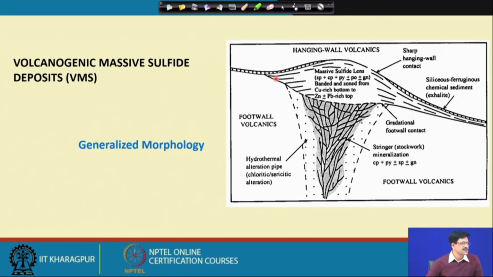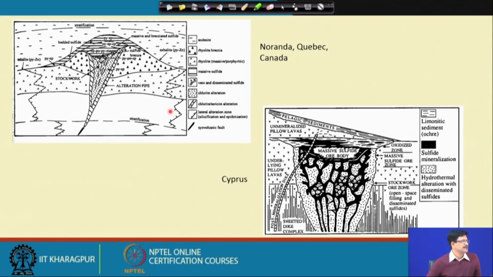And this massive sulphide deposit, once it is formed, could later be covered by the hanging wall volcanics, because it is a zone where constant volcanic activity is going on, with sometimes maybe a chemogenic precipitation of siliceous or ferruginous component also. So, this is a generalized morphology of the volcanogenic massive sulphide deposit, which you could see in almost any textbook. Now, on that backdrop, let us see a cross section of the deposit